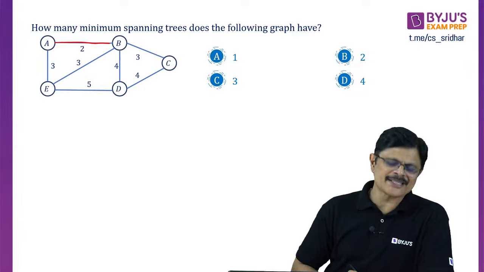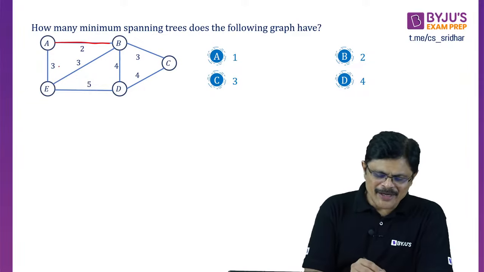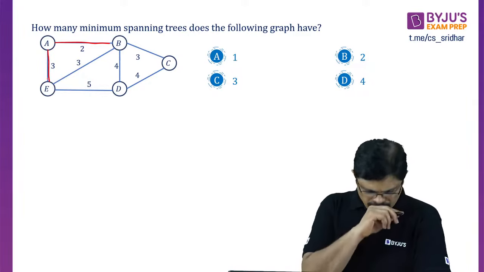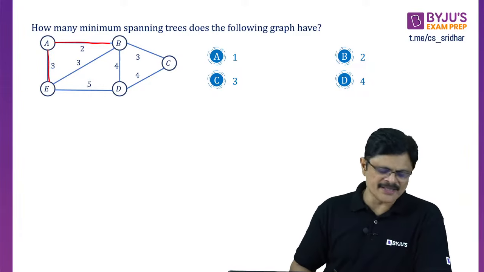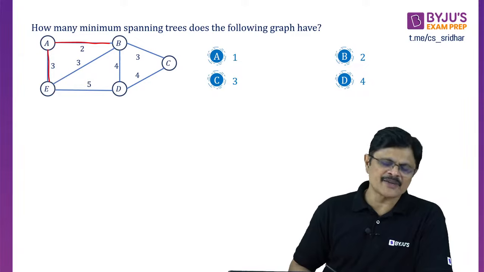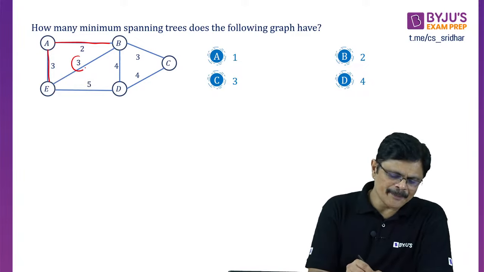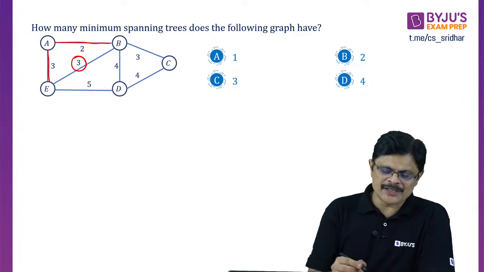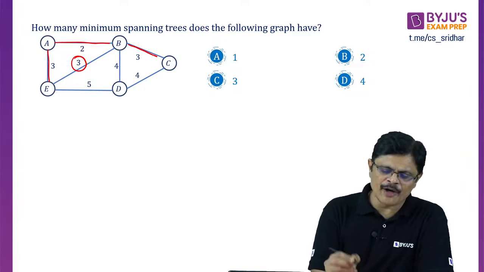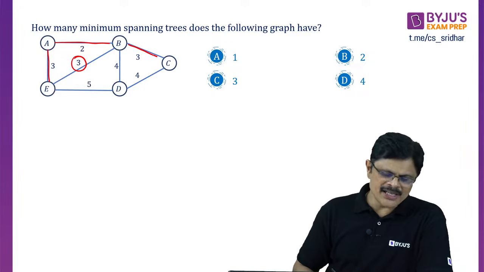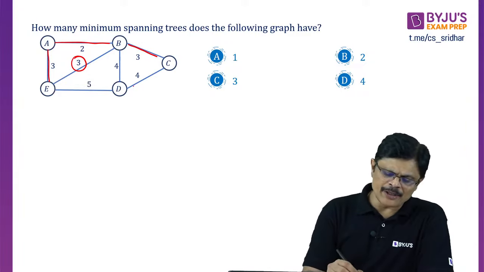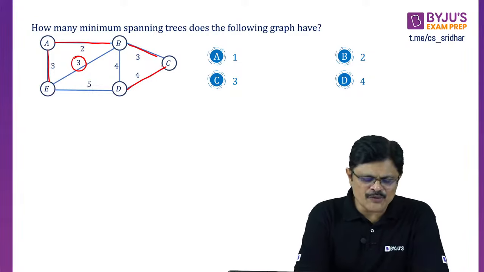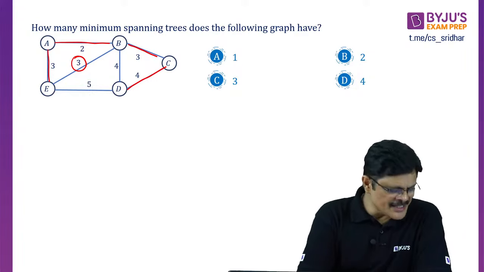Next, what you do? Next select the next least value. There are 3 least values. Anyone you can select. Let us select this one. Next you select the least value, but 3 if you select it, it will be a problem because it is creating a cycle. Next you select the least, that is 3, it will not create a cycle. Now the next least value is 4 or 4. Anyone you can select. Let us select this 4. Because we are having 5 vertices, we already selected 4 edges. It is done, my dear friends.